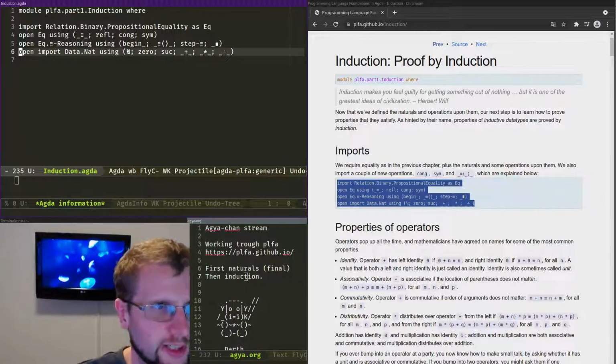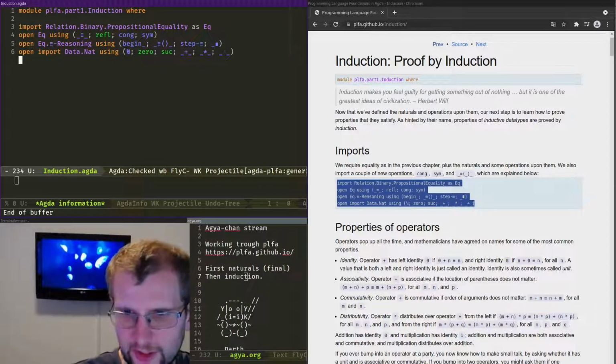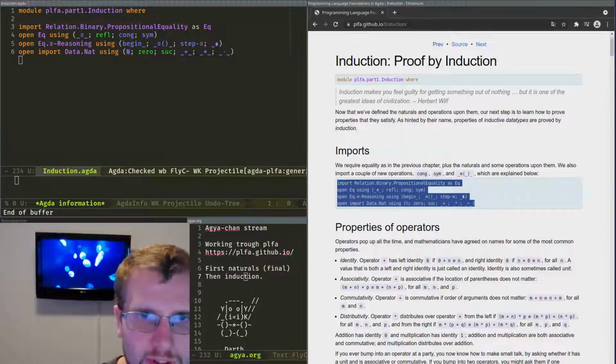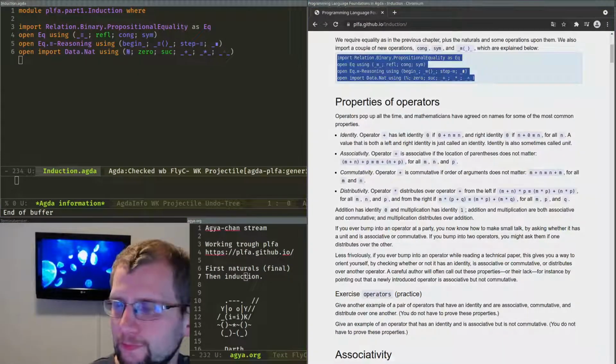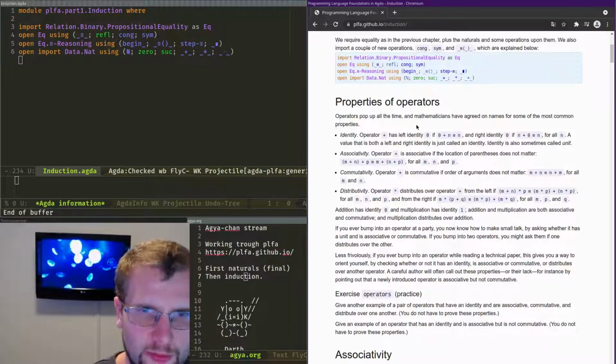Oh no, my Agda broke. Oh no, it's back. Okay, it's back. Colorful again. That's how you know how it works. First colors, that's good. Okay, operators pop up all the time, and mathematicians have agreed on names for some most